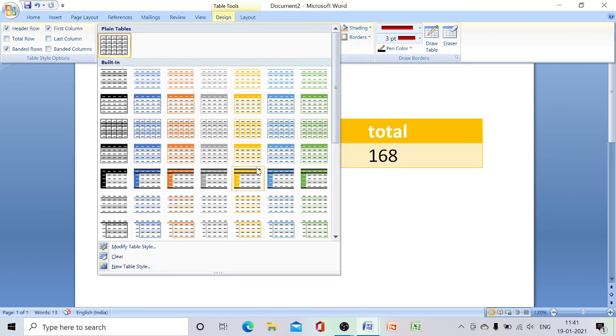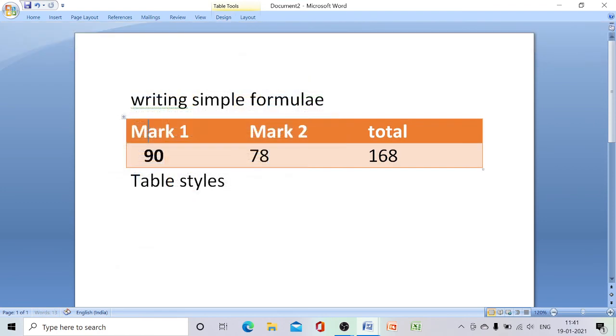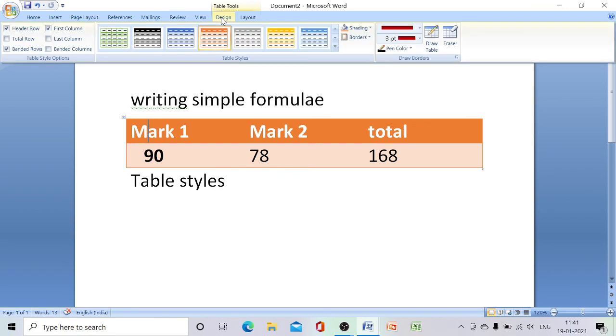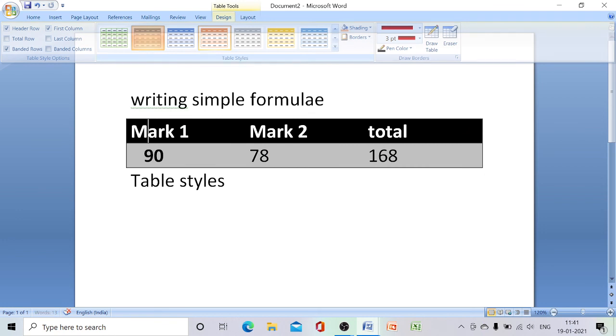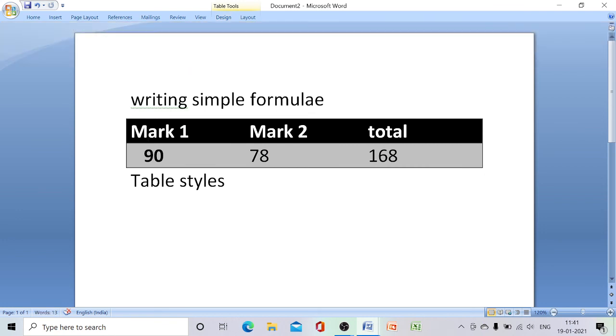From here we can choose any one of the table styles. Here I am going to choose this one. Can you see the table style? To take the table style we have to click on the design tab. Then under the table style group we can choose any one of the table styles. So it will be applied to our table.